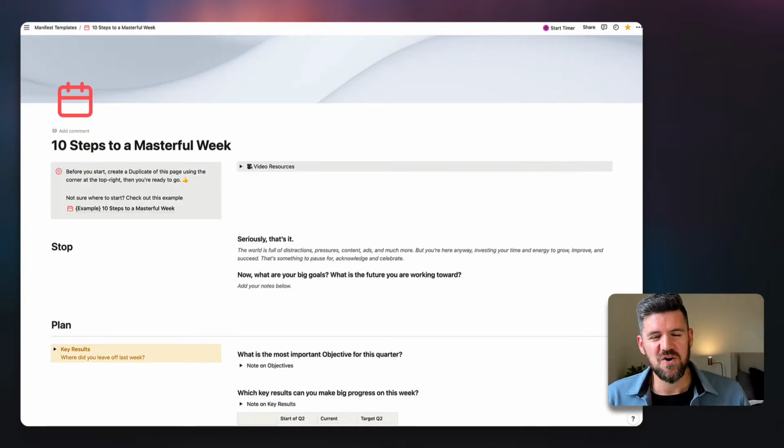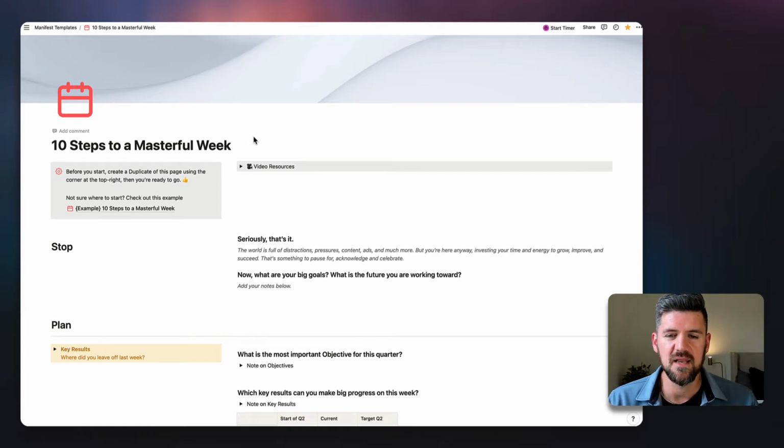So these are all the key components that go into the Manifest Weekly Planner, but it's often helpful to write out some of these notes and ideas on digital paper and not necessarily in a database or a dashboard, just to get a sense of where we're at and where we might want to take some more time and go a little bit deeper in any one of these areas.